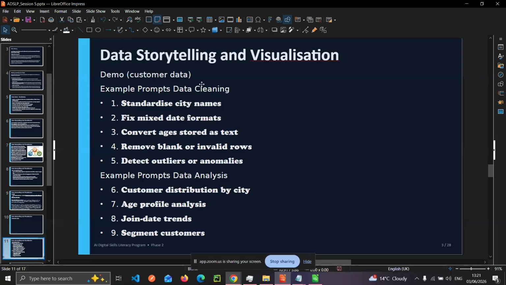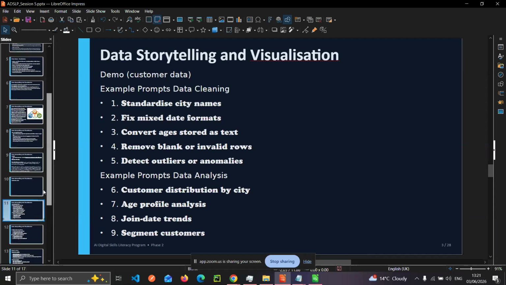Now, when we've cleaned the data, the next thing is to write prompts for basic data analysis. That is, we want to get customer distribution by city, maybe age profile analysis, join trends, and customer segments.